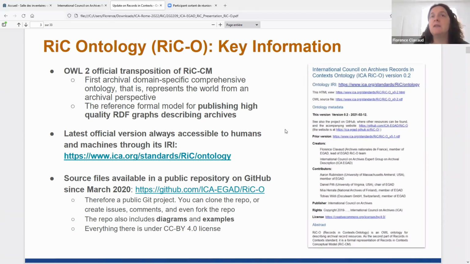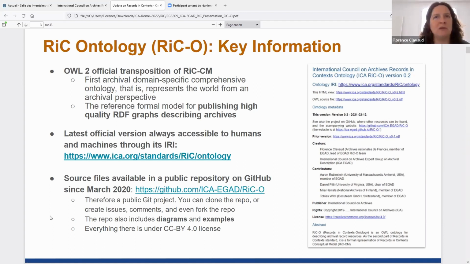The ontology is in fact a much more technical file. It's an OWL conforming file that you can download when you click on the link here, and which you can also download from